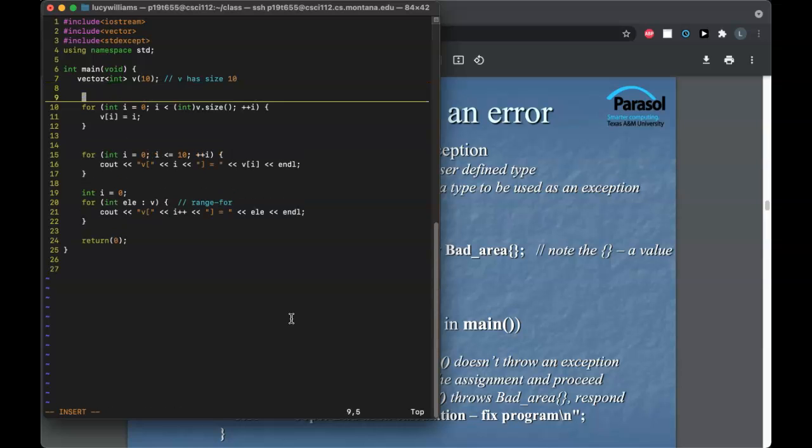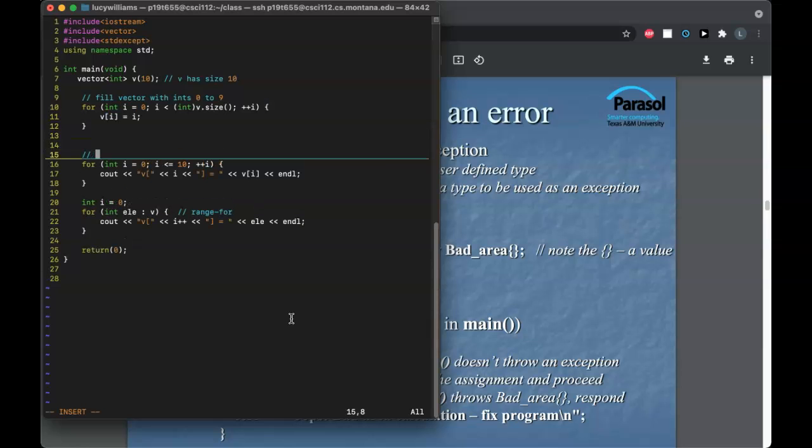Here we see that we're filling our vector with ints 0 to 9. It's going to go 0 to v.size minus 1, so 0 to 9, and we just set v at i to i. But then in this for loop, we're going to print